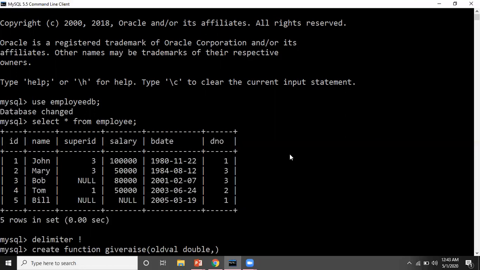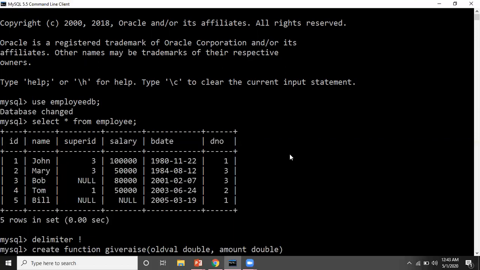Another, I'm mentioning another variable as amount, and that too is double type. So here we have mentioned the variables. This function give raise will take two variables, old value and amount, both double type.